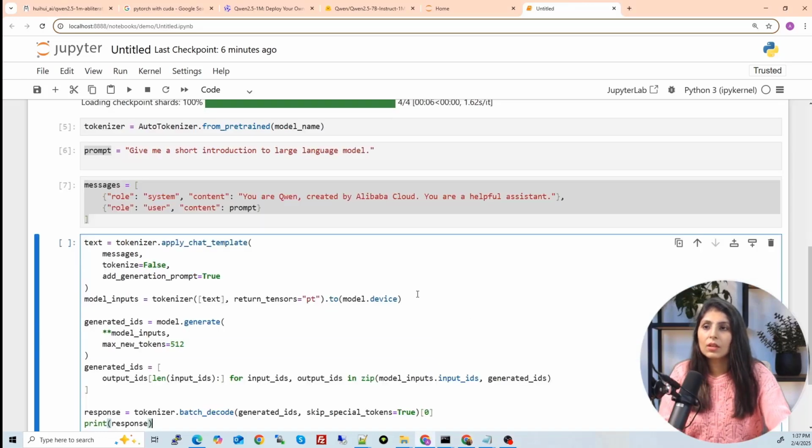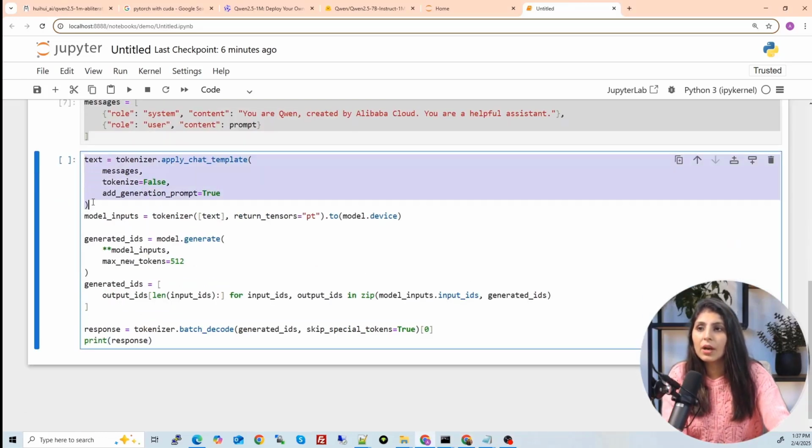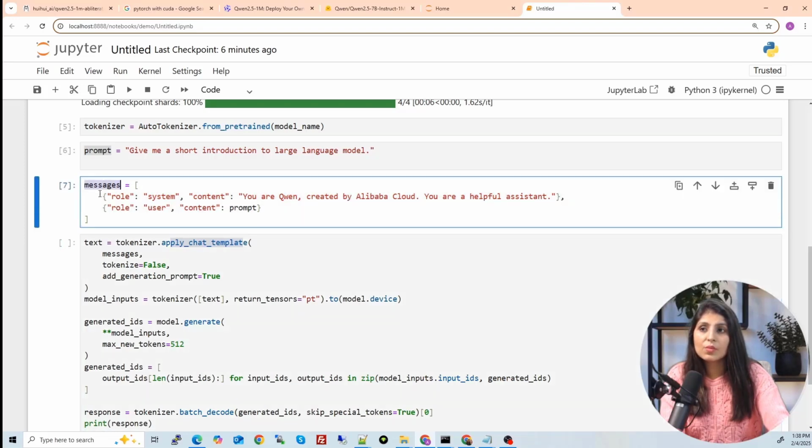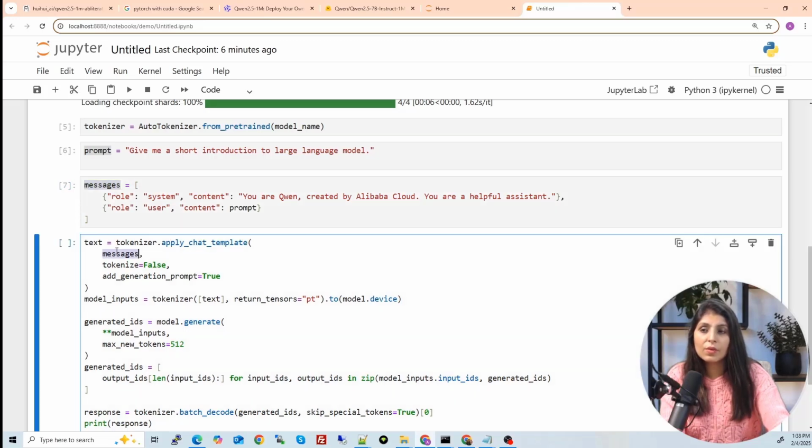Now see this part. I have created one variable with the name text, tokenizer dot apply chat template. The template which we have created over here, we are providing over here, and then applying the chat template on it. With this template, the input goes to the model.